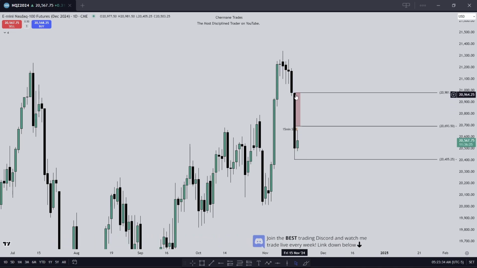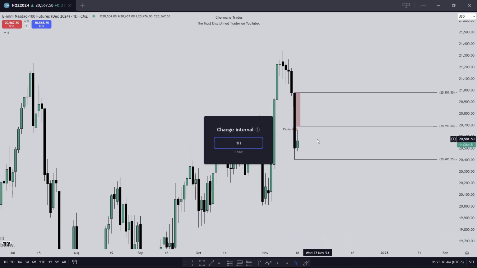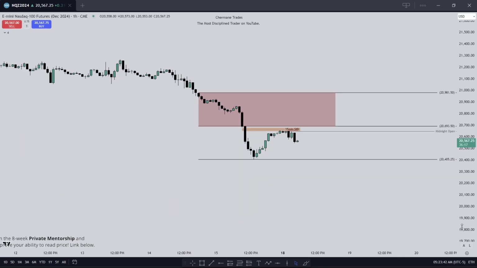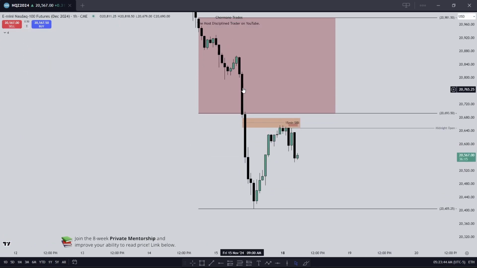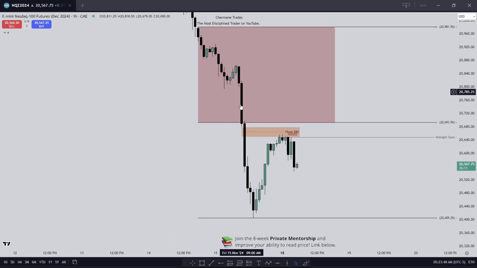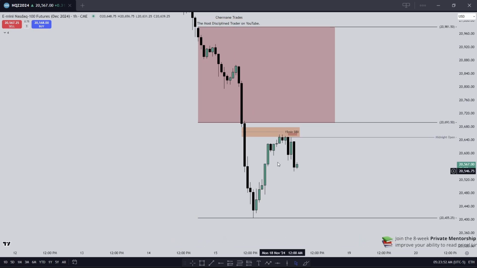Daily chart, large down close candle. I want to see price stay heavy in the lower half. Okay, that's my narrative. Hourly chart. All right, I don't want to see this fair value gap traded to. Why? Because it's in the upper half of that daily candle. That's narrative. Bias is the same, still looking for lower prices. Narrative, this should not be traded to.